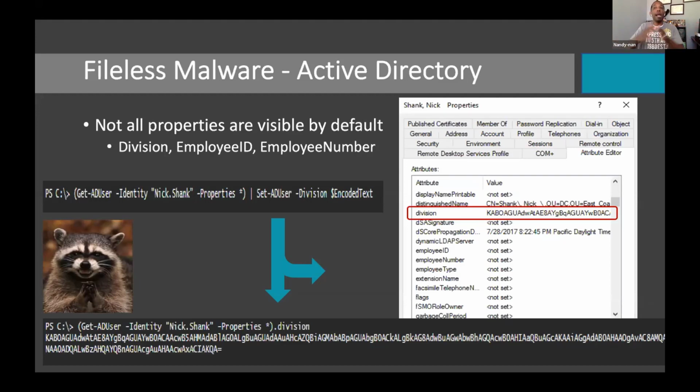So if I'm trying to do an actual binary for whatever reason, well, maybe I don't want to do the employee number property. Maybe I want to stick to division or something else. If I'm trying to do a short one, well, maybe employee number. But nonetheless, it's in a place in which you have to be looking to actually see it.